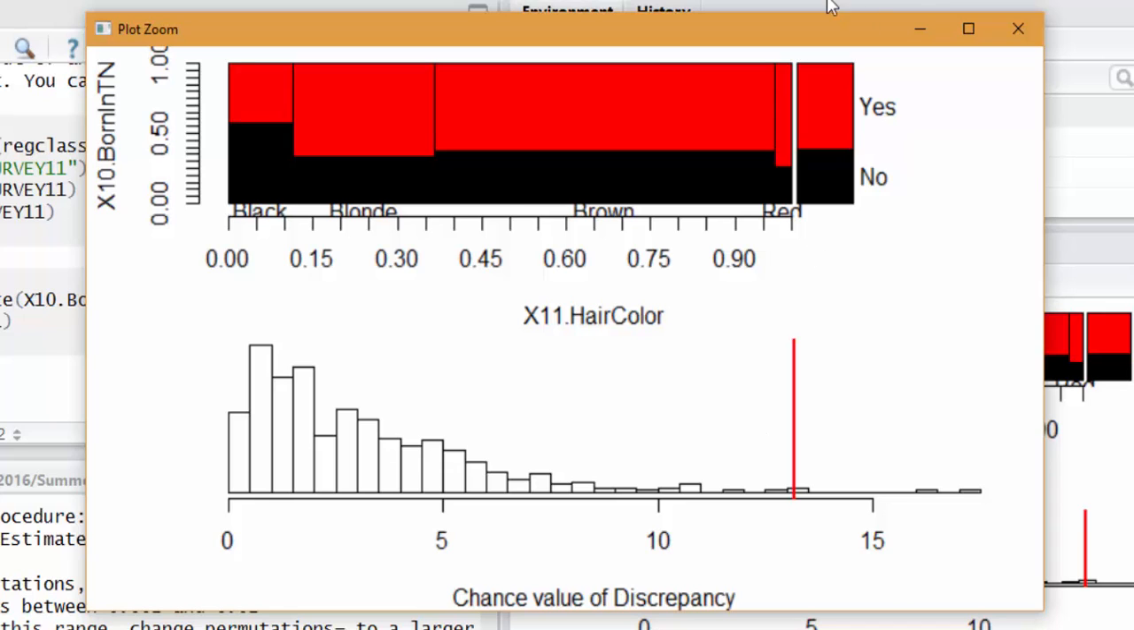Since I said hair color was the x variable, it goes on the x-axis. And don't get confused by these x's. That's just a variable name in this data frame. It's just called hair color. This is called born in Tennessee. It's called x10.born in Tennessee. It has nothing to do with it being on the x or y axis. So with this in mind, we see that there are a lot of students who are not born in Tennessee